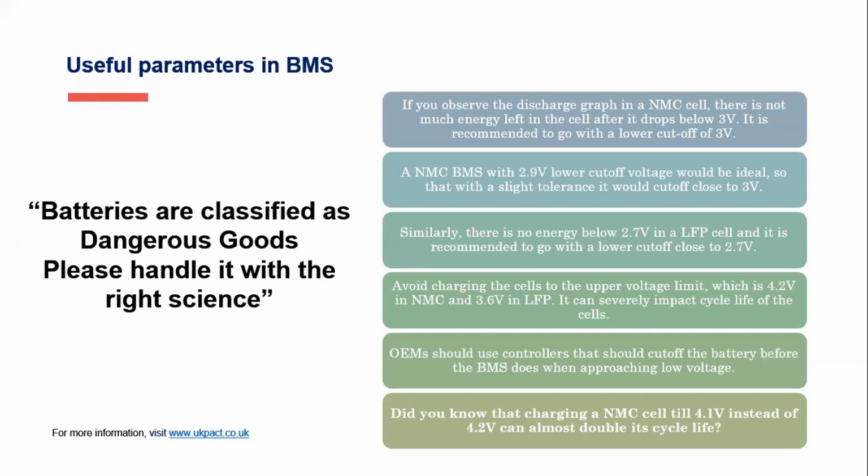And the final thing I want to say is batteries are classified as dangerous goods, so please handle them with the right science. It's not just please handle it carefully, use the right science to handle it, or else you're seeing a lot of fires coming in the market, and you will see some more in the future. It's bound to happen if you don't follow the right science. So people, be careful with batteries. It's something that can be avoidable if you're using the right science. So yes, that will be the end of